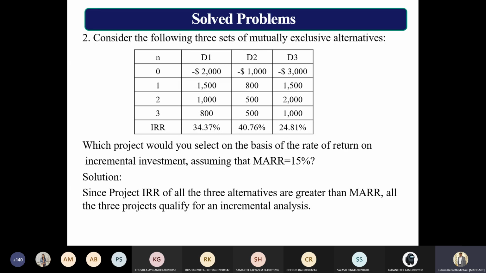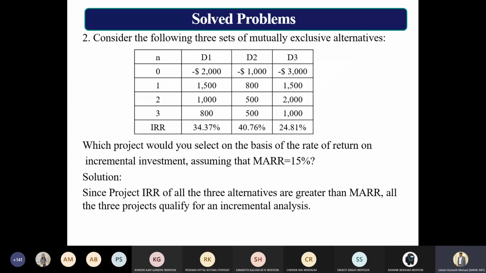Now, one important step you need to remember is you need to arrange the alternatives according to their increasing order or according to the descending order. So the alternative with the lower investment will be considered first, that is D2 will be considered first, then D1, then D3. So the comparison here will be done between D1 and D2 first, and whichever is better will then be compared against D3. Okay, so first compare D1 and D2, right? You have to rearrange the alternatives according to the increasing order. This is an important step you need to remember.